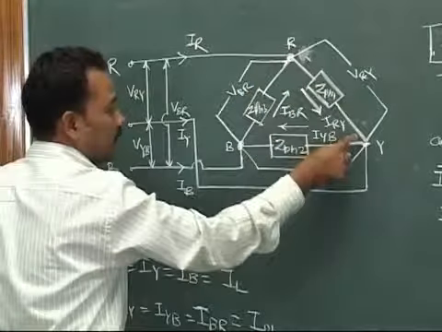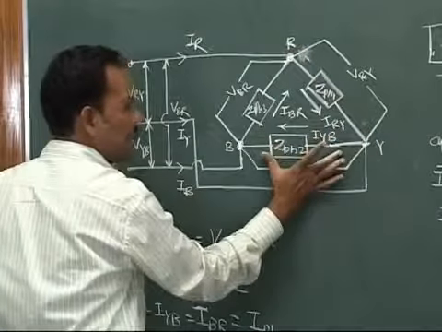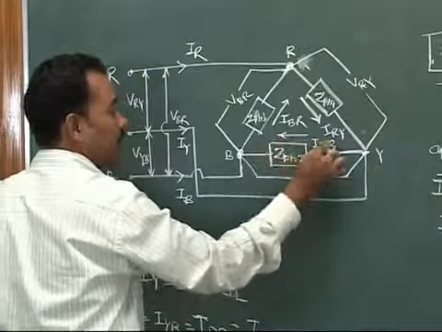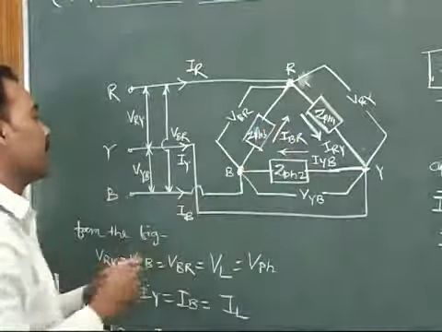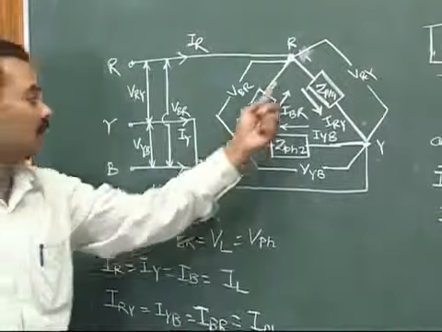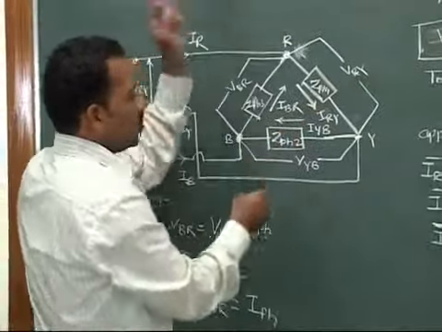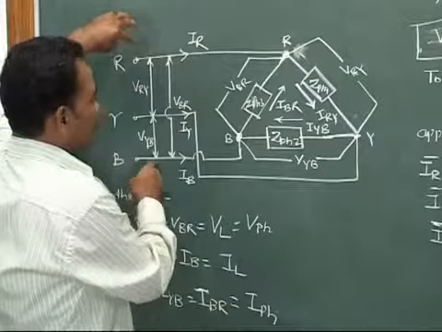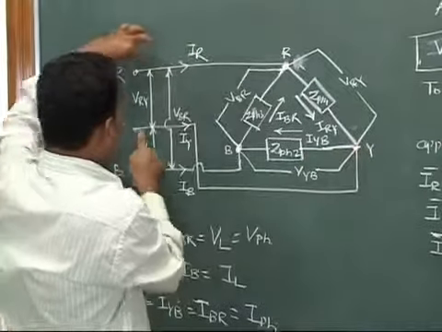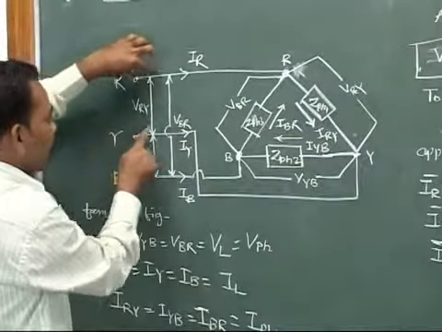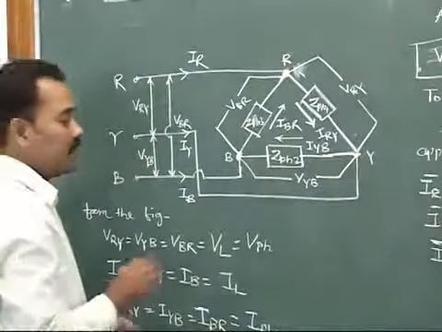So in impedance 1, IRY is the phase current which is flowing from R to Y. Similarly, in phase 2, IYB is the phase current flowing in impedance 2, and IBR is the current flowing in impedance 3. All these are called the phase current IPH, and across impedances 1, 2 and 3 the voltage is the same as the line voltage. Across impedance 1, which is connected across R and Y, the same voltage which appears across this line appears across impedance 1. That's why the line voltage and the phase voltage are the same.